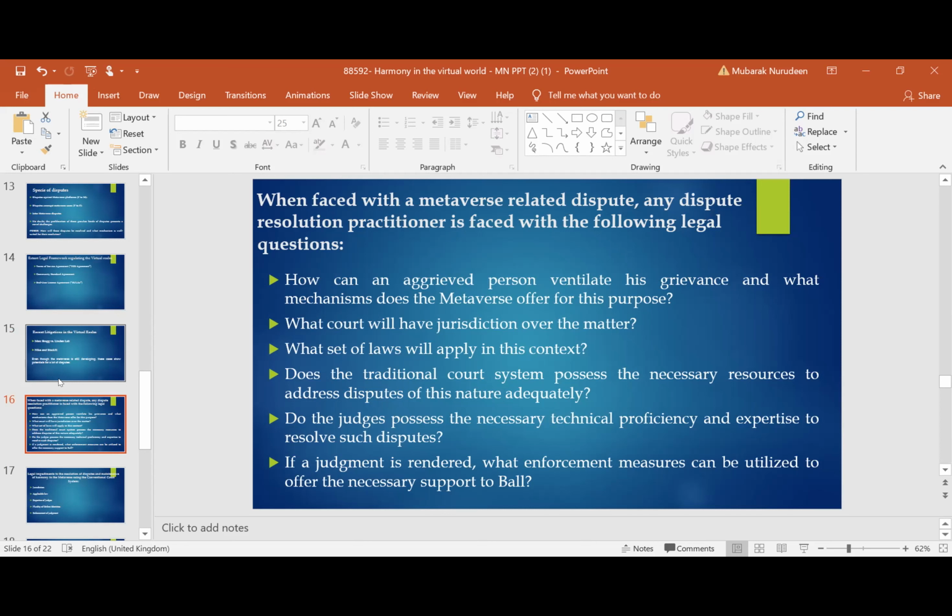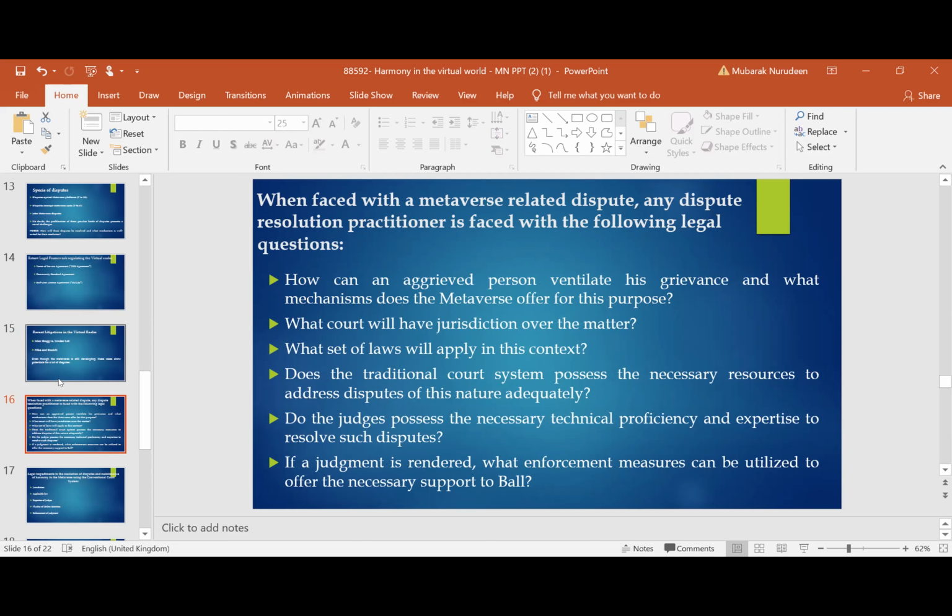Sometimes many of these disputes that arise on the metaverse space are actually trans-border disputes that involve one user in one jurisdiction, another user in another jurisdiction. For instance, a user in the United States of America has an avatar within the metaverse space, and that avatar has offended or perhaps violated the right of another avatar whose user is actually located in Nigeria. So what court is going to have jurisdiction over this kind of dispute? Is it going to be the United States court or that particular court in Nigeria? And of course, the applicable law. So is it going to be the United States law or the Nigerian law that would apply to this category